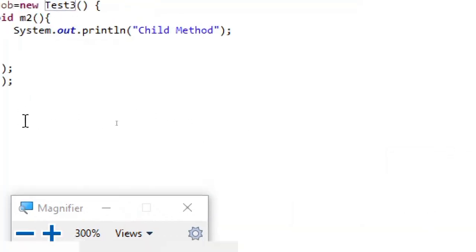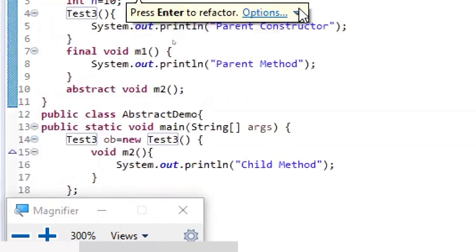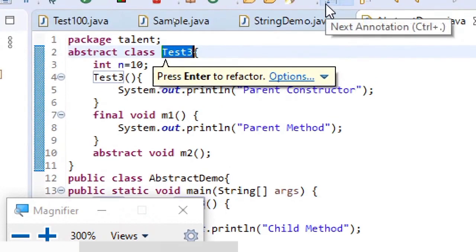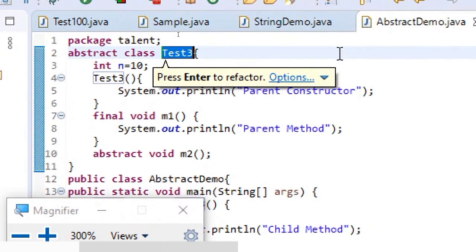Just click that rename, and then here you can see the options we have. A drop down menu appeared here. I am showing this for renaming because this particular test3 might be reflecting in many places. Right now this might be a simple class which occurs in 3 to 4 places, but think of a very huge project which contains hundreds of classes, and your manager asked you to modify this class